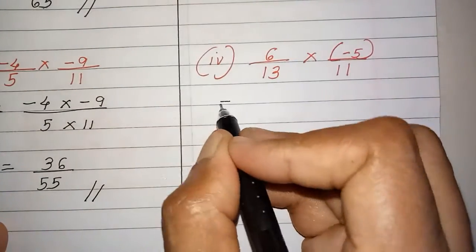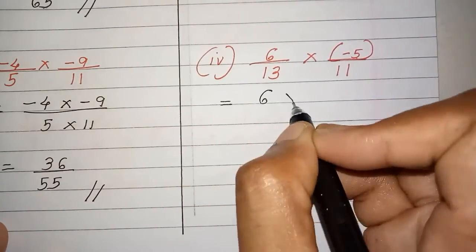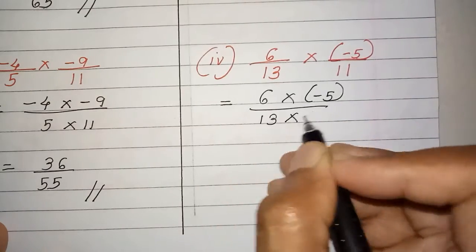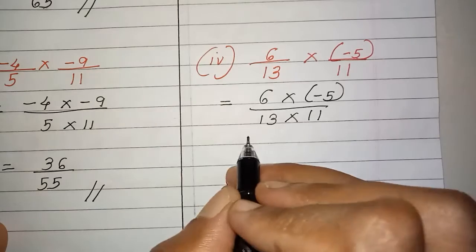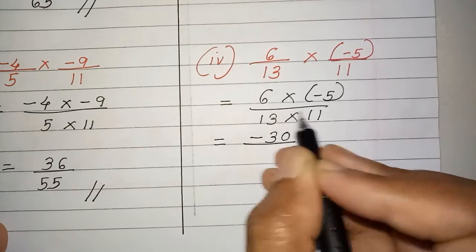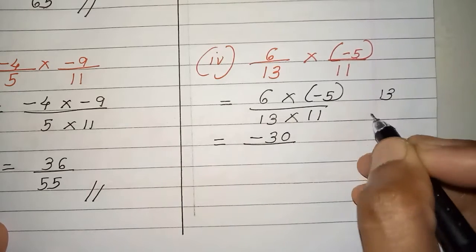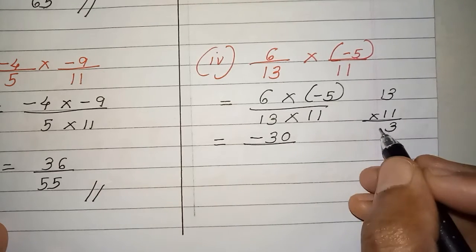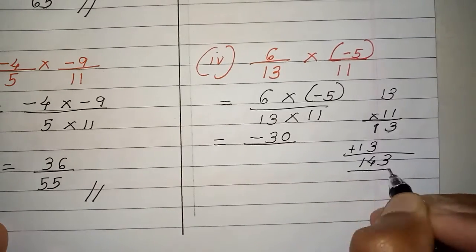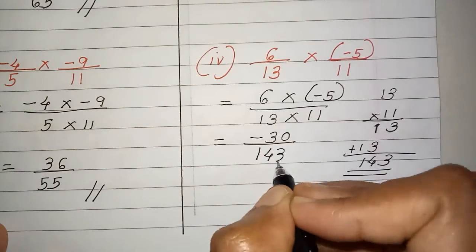The next one. Same way, multiplication has the power of making it together. Can you cancel something from the numerator and the denominator? Nothing. So my answer will get solved here. 6 fives are 30 with a minus sign. Now 13 into 11, I don't know. So in the working column, please do it. So what do I get? 143. So it is 143.